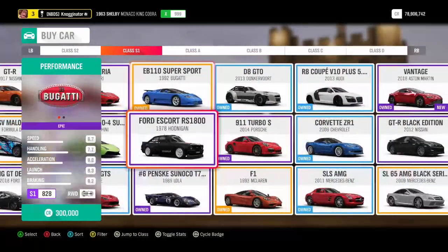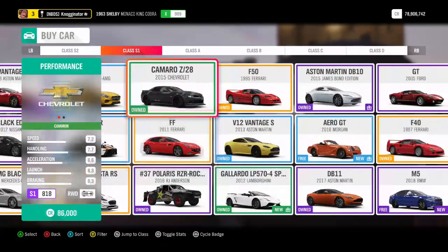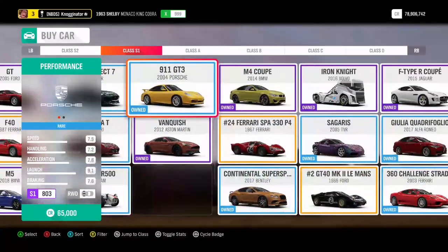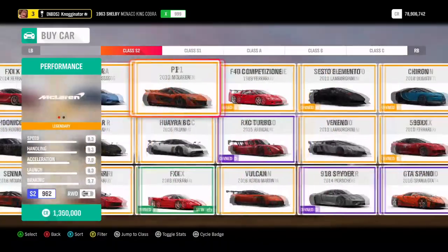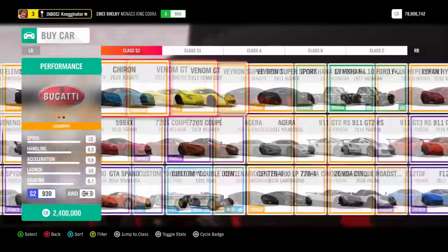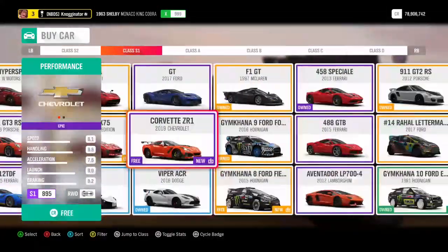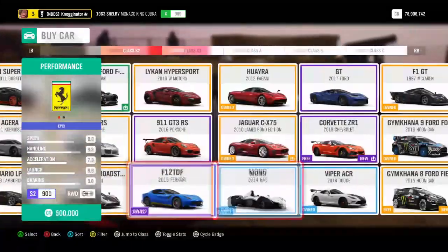Now we look at S1. The average price in S1 is 160,000 credits, yet we can buy a car from 60,000 to 2 million. So why is S1 cheaper than A class? Now we look at S2, and there is a huge difference. 1.2 million is the average price of an S2 vehicle, yet we can buy a car from 340,000 to 4.5 million. So I want to bring up a chart here in just a second,